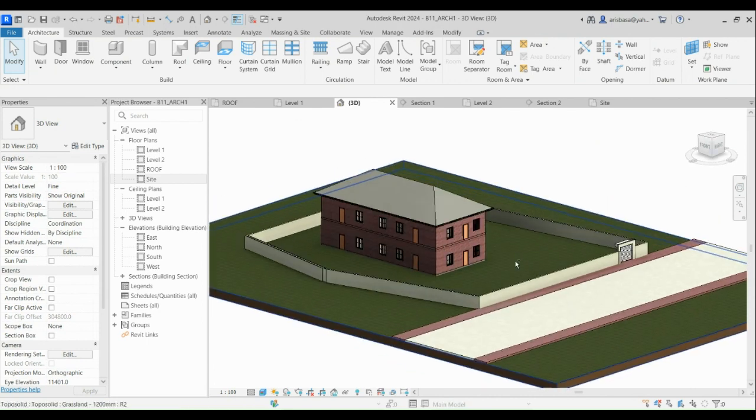So next week we will add more components into this building, and hopefully all of your softwares are working properly. Just try to keep installing it. I already told you what to do. Maybe you need to uninstall one of the softwares. I think that's what happened to you also. Try to uninstall the other